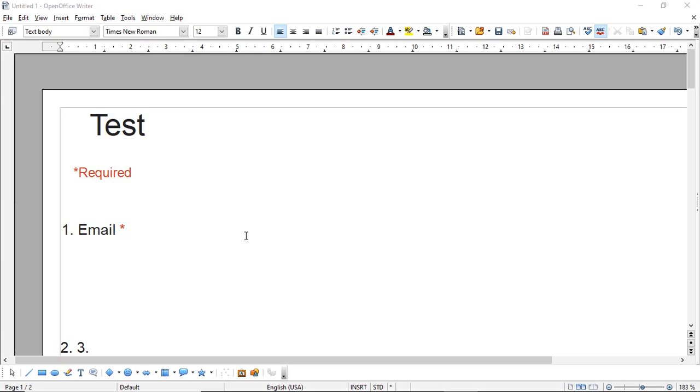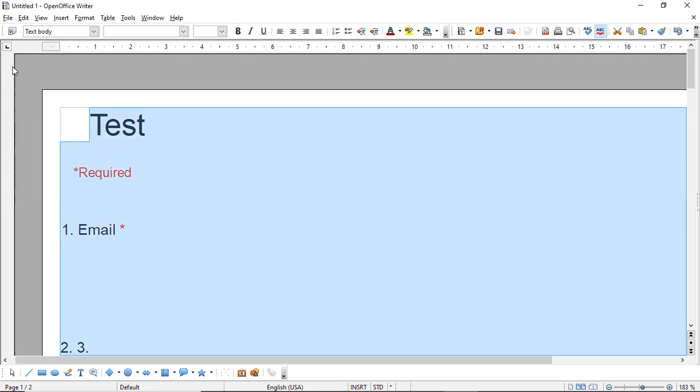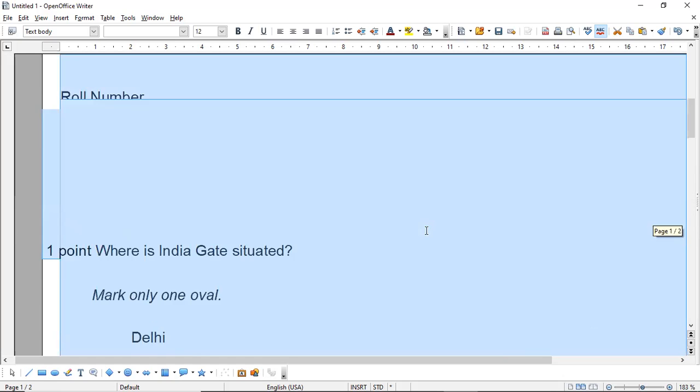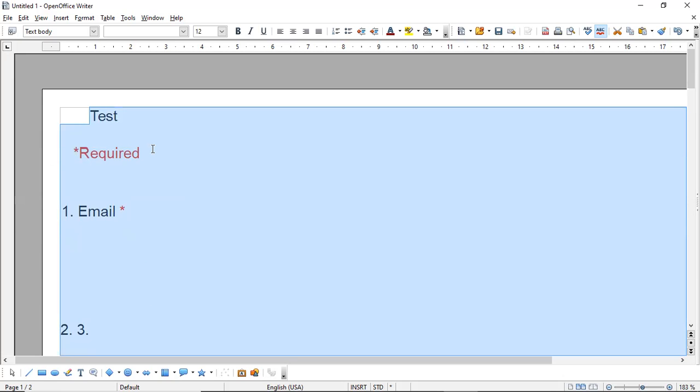Now, if we want to give this test in offline mode, I want to reduce the number of pages. So I want to cut off the unnecessary space. How will I do it? Let us see. First of all, I want all the font to be of same size. So again, I press Control A and I choose common text size, let us say 12. Right. So now all font in the entire document is of font size 12.